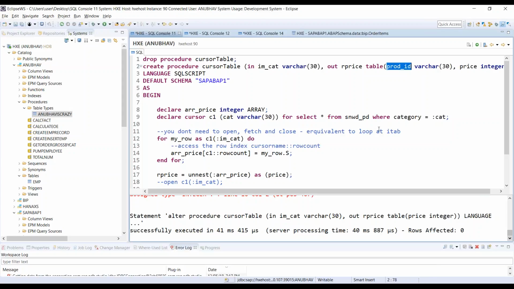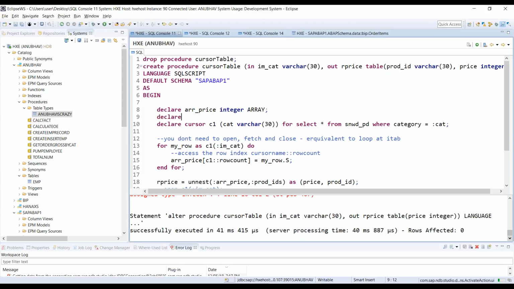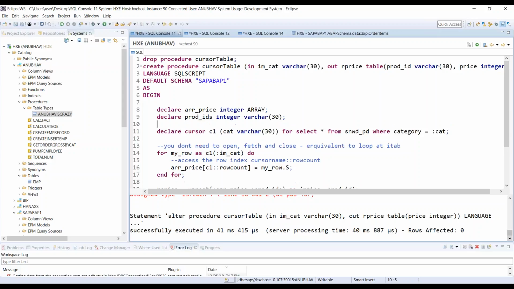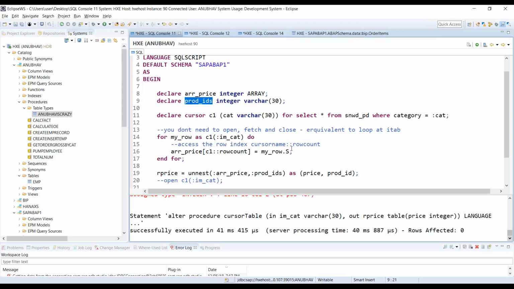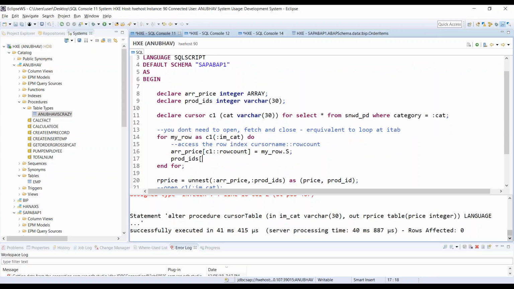And I'm going to use prod ID and just put this guy over here, prod ID. I'm going to pass another array where I'm going to hold the product IDs. Okay, let's declare this prod IDs array on the top. And then I will write here varchar of 30 is my product ID. And I now again use this guy C1 colon row count